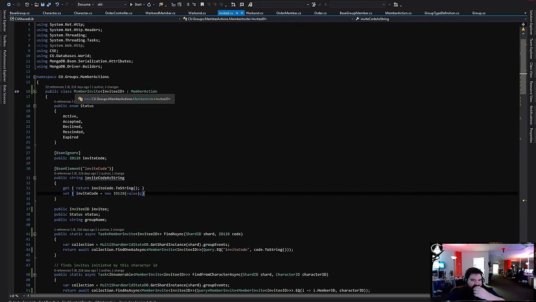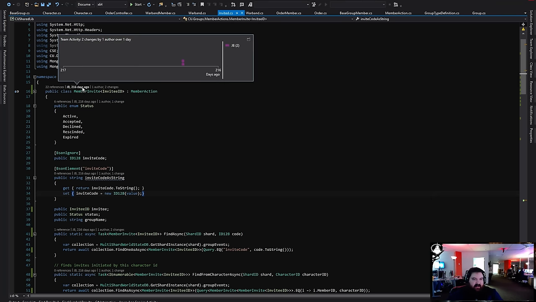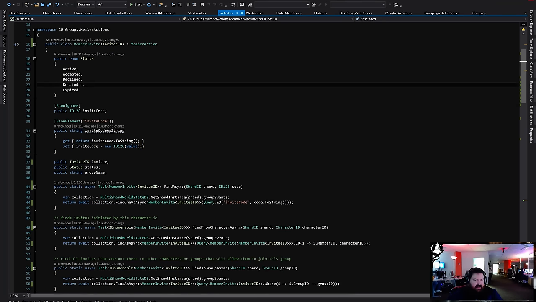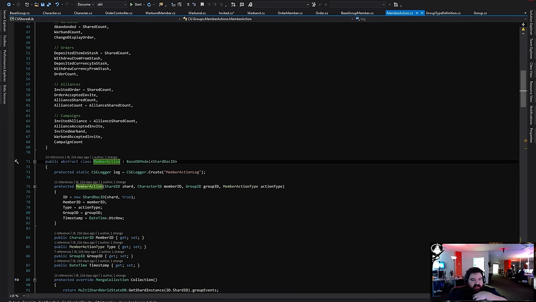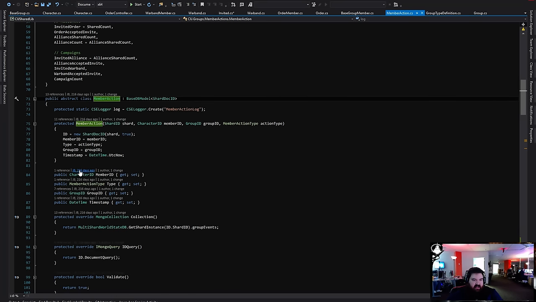As you can see, I wrote this 216 days ago. Alright, so this actually means member actions, which is the base class that has the member ID. You have to make member actions actually accept a type, but that can be not character ID.